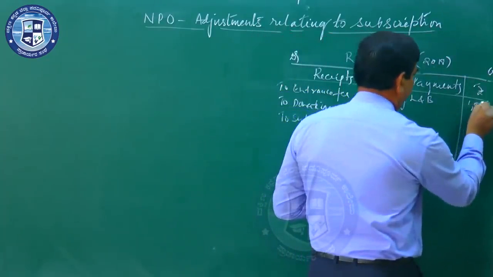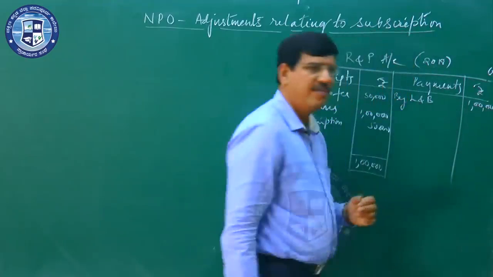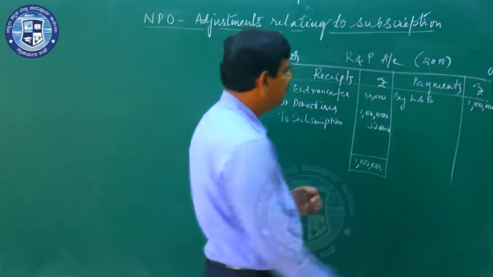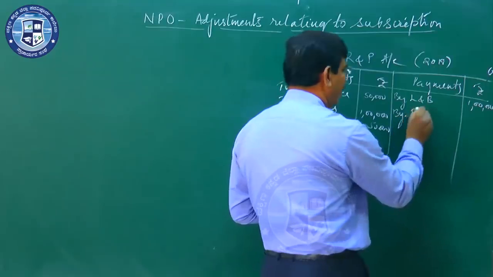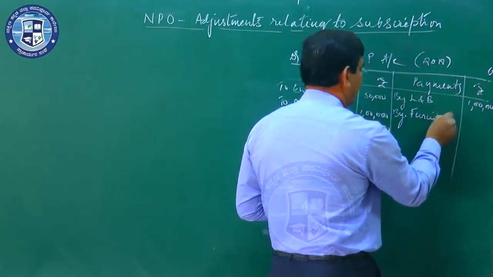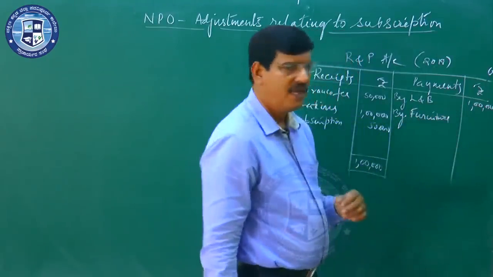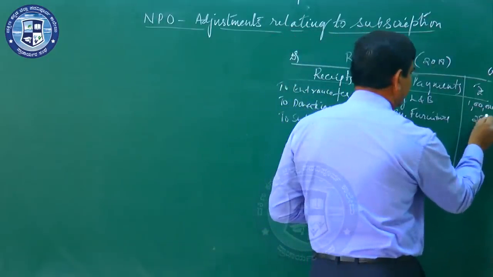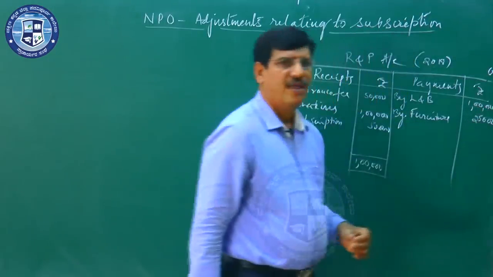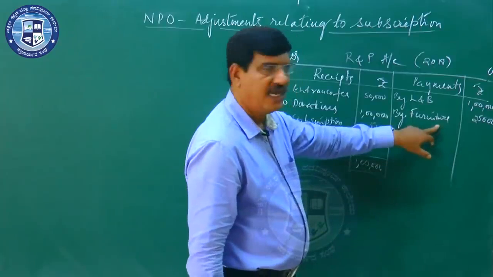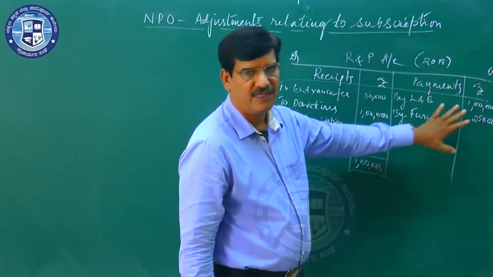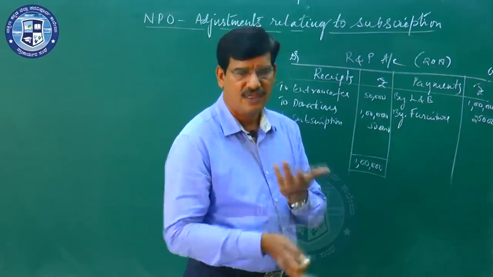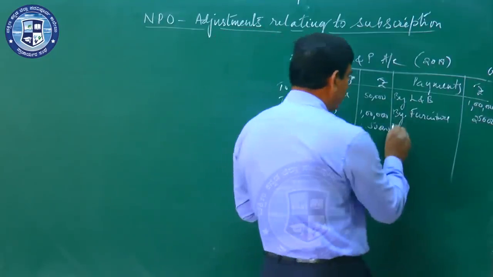So the cost of land and building may be 1 lakh rupees, let's assume, and you are purchasing furniture again for some 25,000 rupees. Now the office is there, land and building and furniture, everything is ready. Now you start doing the charity work. The total amount of charity work